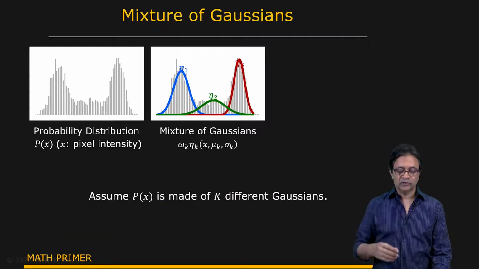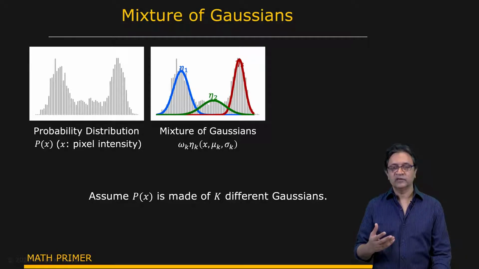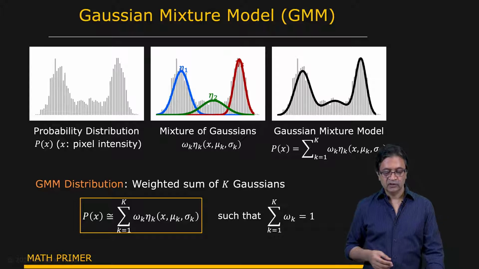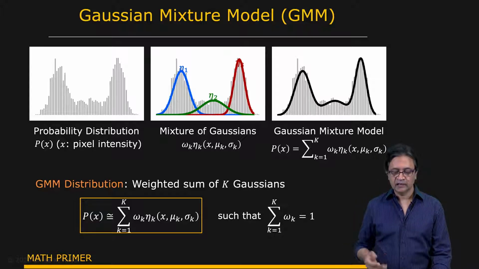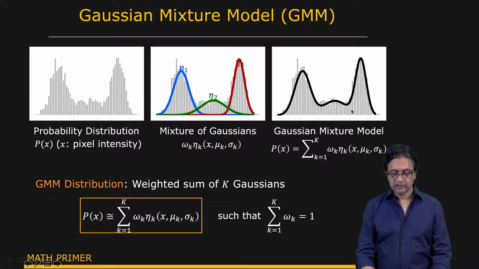So that same logic can be used to say that now if you view our entire intensity variation histogram as a collection of Gaussians, and if somehow we were able to figure out what the parameters of these Gaussians are, we should be able to get a fairly good representation of the histogram using a mixture of Gaussians. So we have 3 Gaussians here. You mix them up, which means you simply add them up and you end up getting this, which is very close to the actual histogram shape itself.